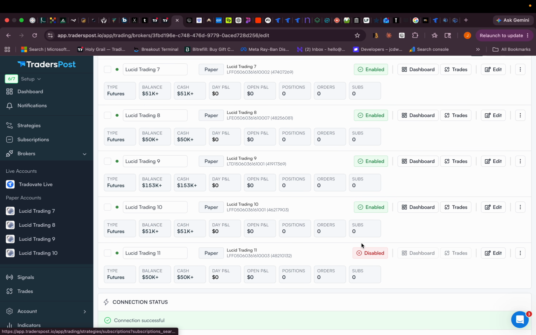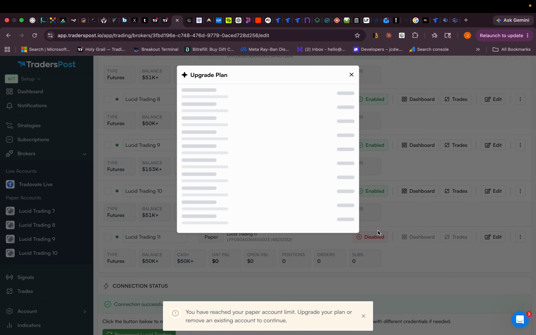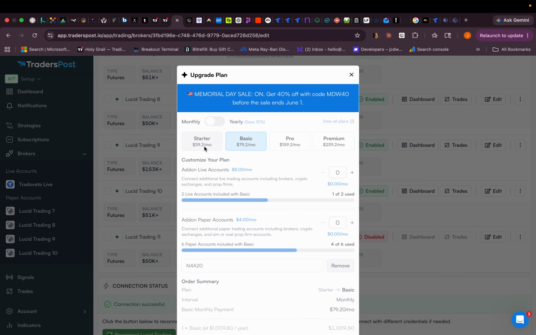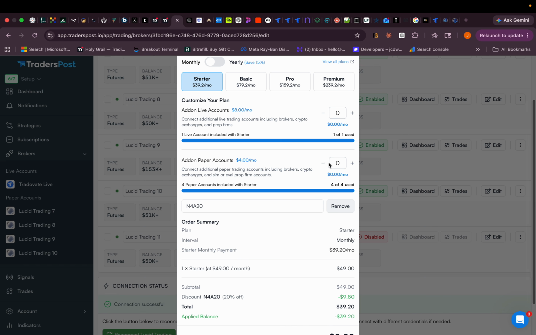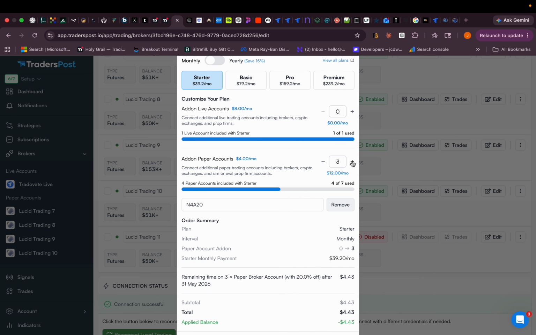I have 4 slots, so I'm only able to enable 4 accounts. If I try to enable the 5th one, it's going to want more money. Oops, sorry. Now, you don't have to upgrade your account. All you have to do is add more papers right here. This is all they want. They just want a little bit more money from you